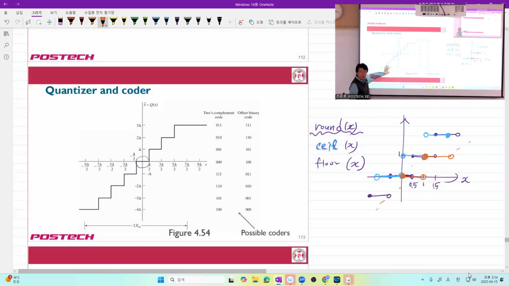And here, this example shows the case where it employs something similar to round of x. Of course, here it's not plain round. This is, if I remember correctly, round of x over delta,